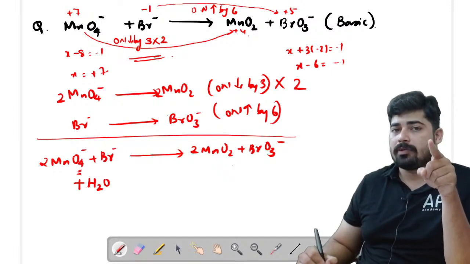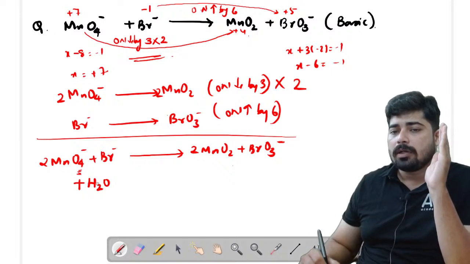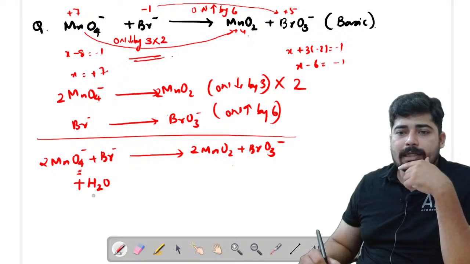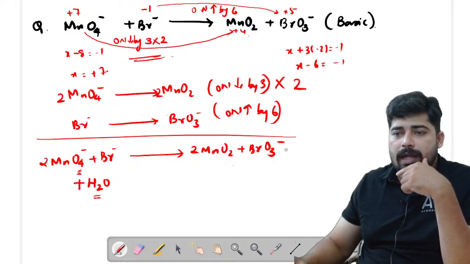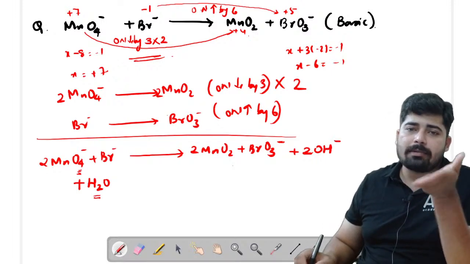That is the change when you do it in the basic medium. So now it is not balanced, we know that. Now let's check here, there are 2 hydrogen. So we will add 2 OH minus here. Now let's check the oxygen, it will be balanced, and at the same time hydrogen also will get